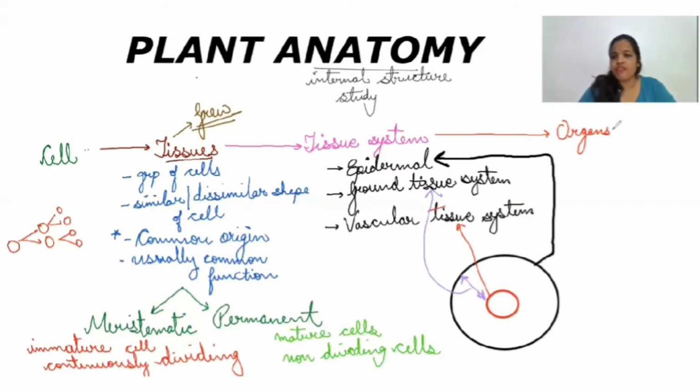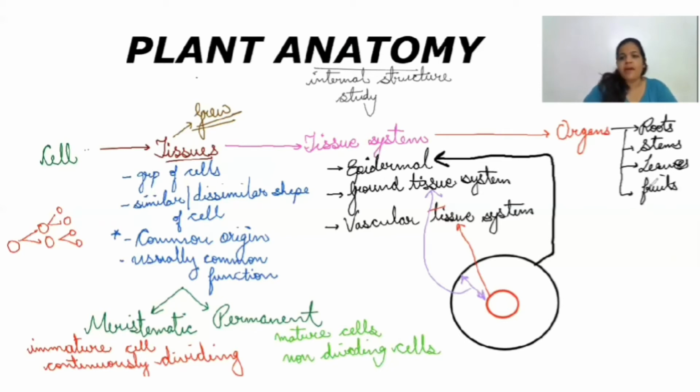The first one I've got for you is roots. Let's start with the roots and write them fast. Roots, then we have got the stems. Then what other we have got? We have got the leaves. Right? We studied leaves. Okay, then after the leaves, what are the other organs? Fruits. Apart from the fruits, we have the flowers and etc.